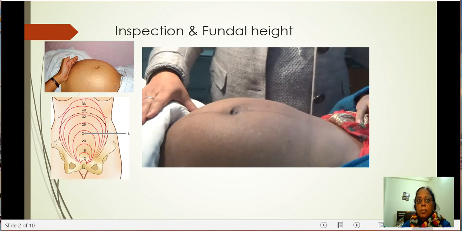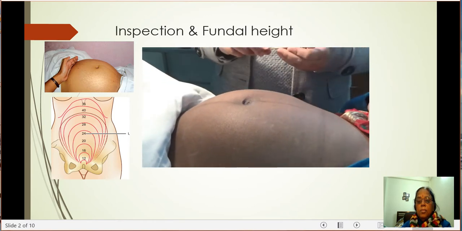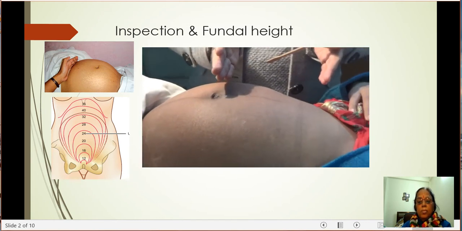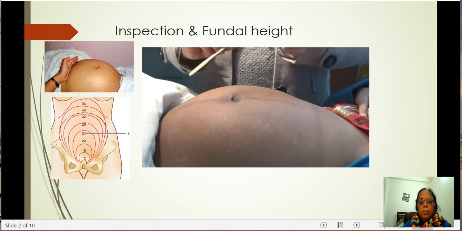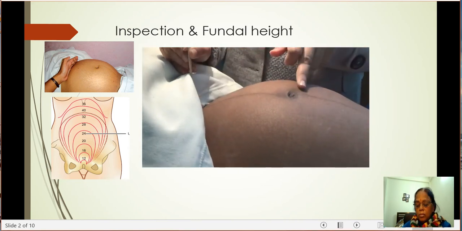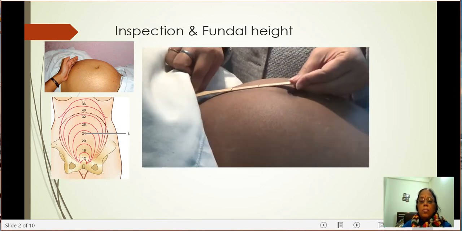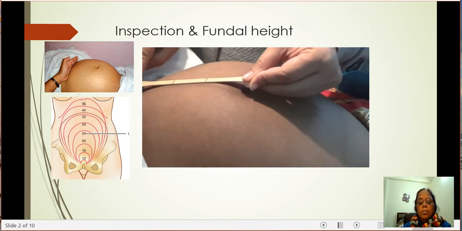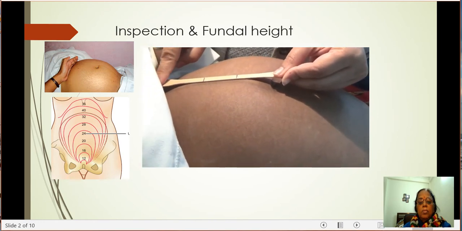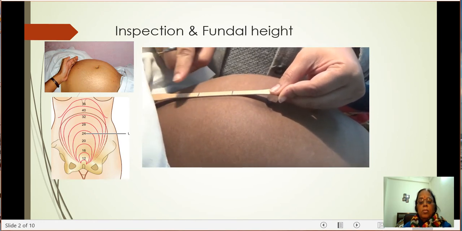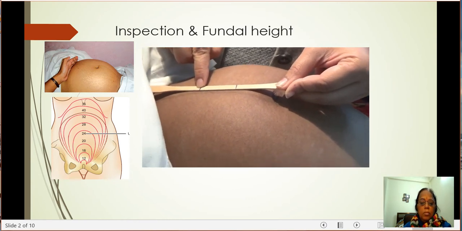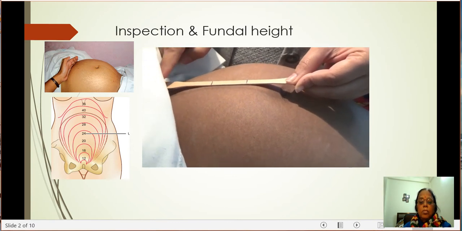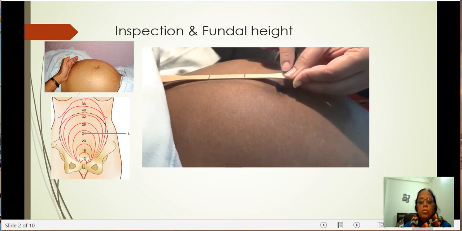The interpretation we can get from the fundal height is this: when we divide the abdomen, we see the umbilicus is centrally placed. This corresponds to 24 weeks of gestational age. If we divide the lower part from symphysis pubis to umbilicus into two equal parts like this, we can see over here we have two marks already made on this spatula. At the pubic symphysis it is 12 weeks. Then it is 20 weeks. We will keep on adding 4 weeks. So this is 12 weeks, 16 weeks, then 20 and 24 weeks.